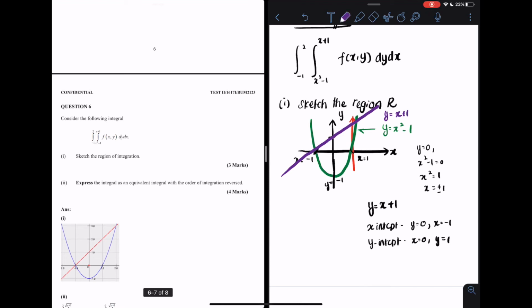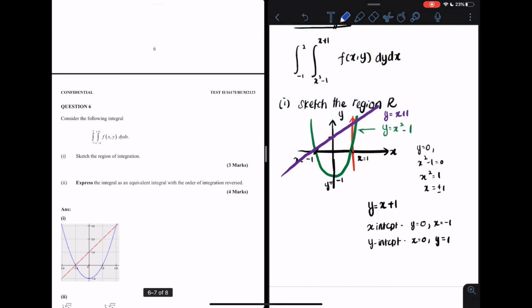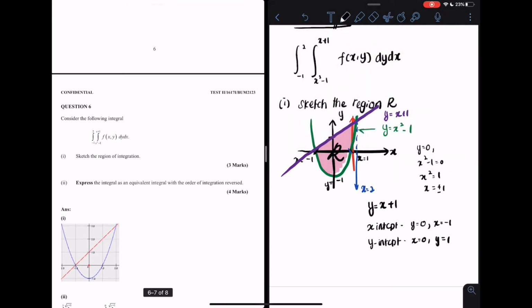Before that, right after you manage to sketch these two curves, in order to double confirm your region R, you have to look at your limits with respect to variable x, which should always start at x is equal to 1 and then end at x is equal to 2. So this one is x is equal to 1, and this is x is equal to 2. Therefore, this is your region R. Okay,